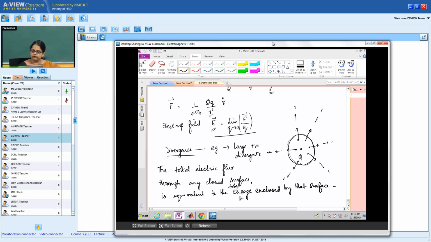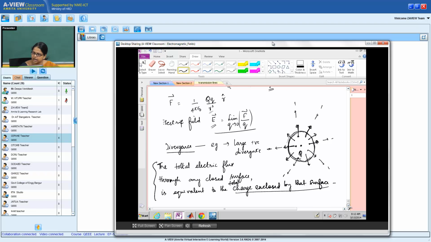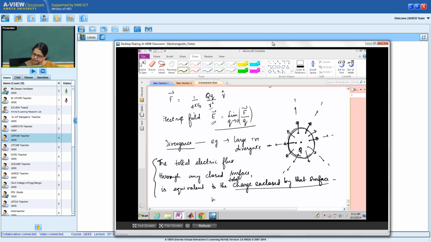This is very intuitive because, if you consider this example, why do you have a flux? What is the meaning of flux here? I have this area, I have electric field diverging from this area. All this statement says is that if I calculate the field times the area, that of course has to be related to the charge, because the charge Q is the cause of that field. So the statement simply says that the total flux around a closed area is equal to the charge enclosed by the surface. Mathematically, it means that the flux,